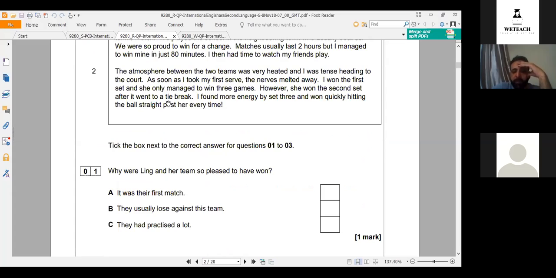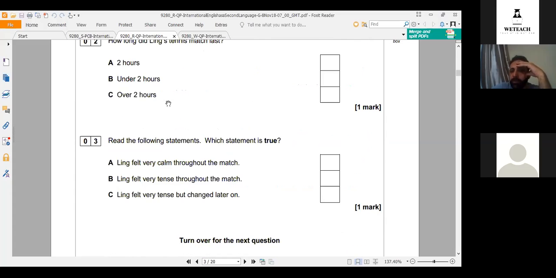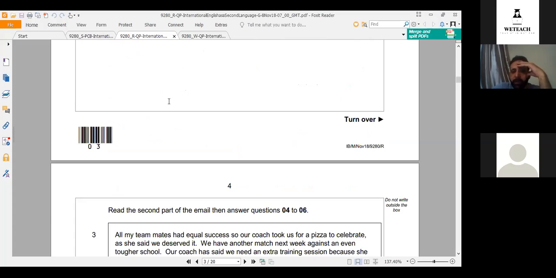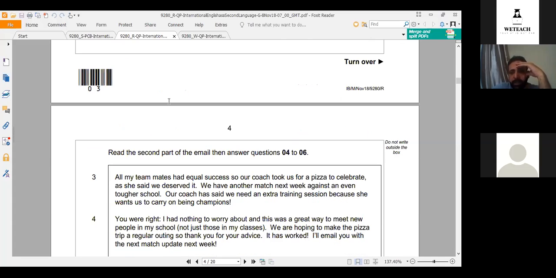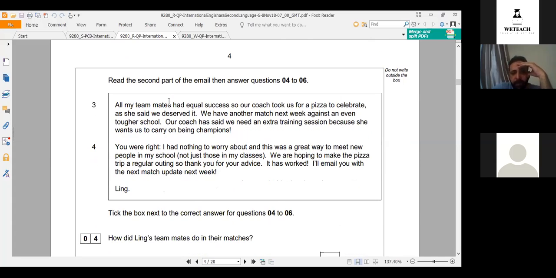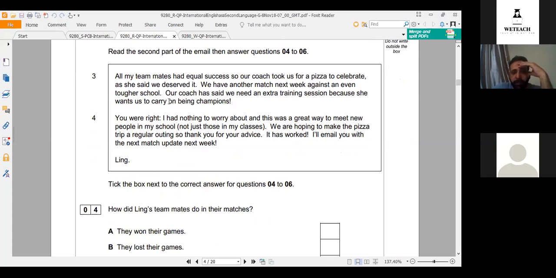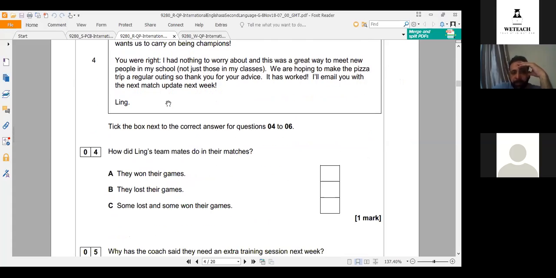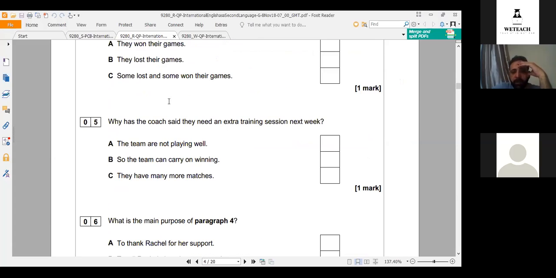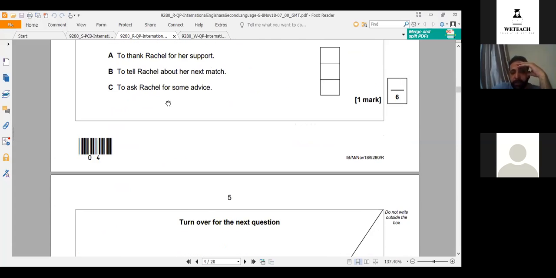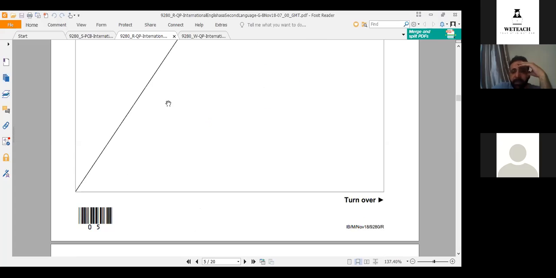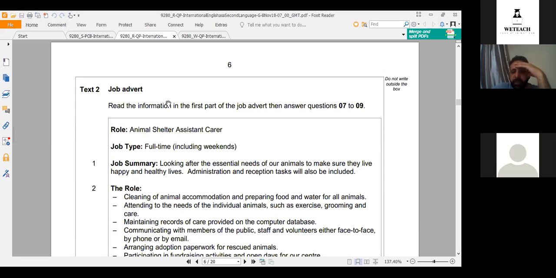As you see, most of the questions are multiple choice. Then this is the second part of the text, which is text number 1. After the text, we still have some questions. The multiple choice answers are easy to do. It just needs concentration. When you read, you can get the answer easily. There are no tricky questions at all for the multiple choice questions.